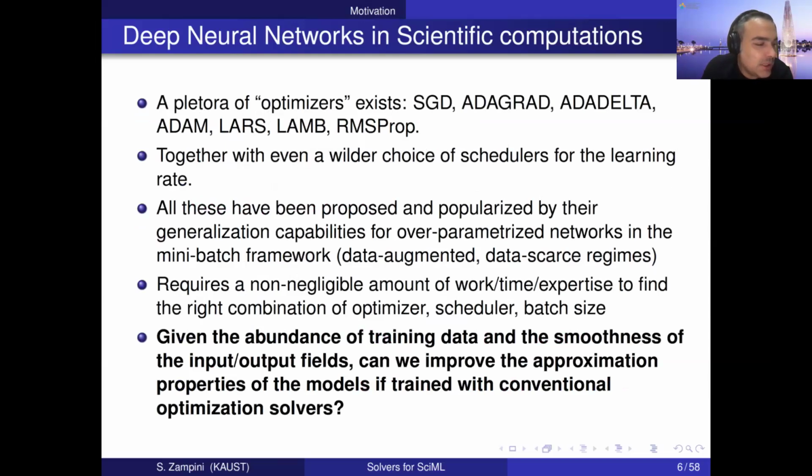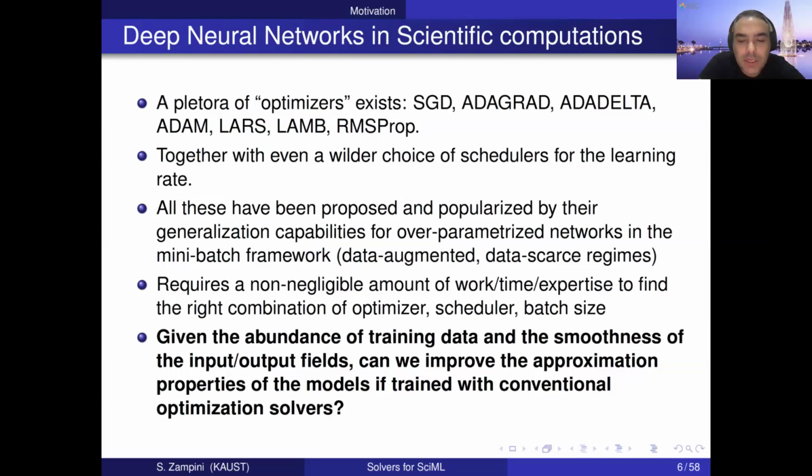The point that we were interested in is, okay, we want to use this kind of method to do scientific machine learning, so to do predictions. So in some sense, we care about accuracy. We really care about approximation errors of the models that we learn, in particular when it comes to solving partial differential equations. So the question that we had in mind is, the data set that describes these scientific machine